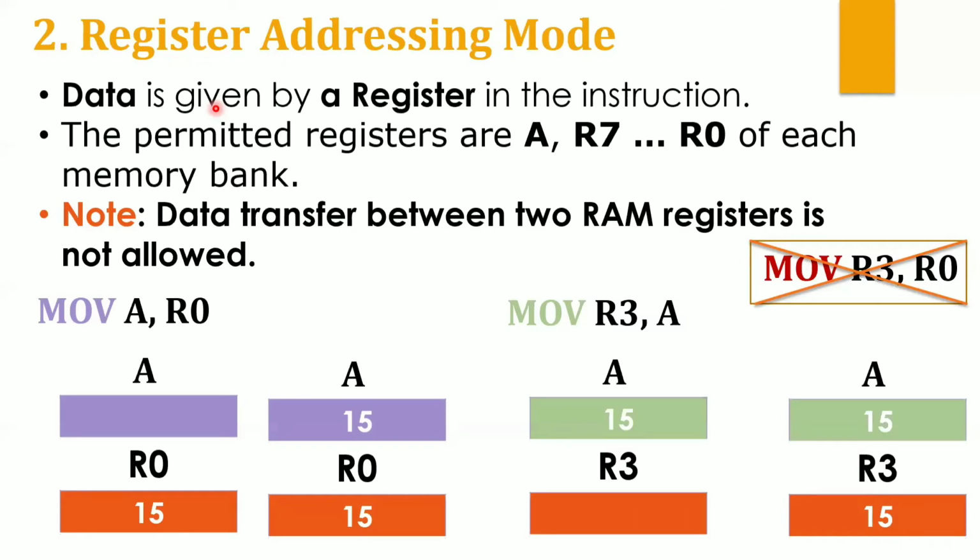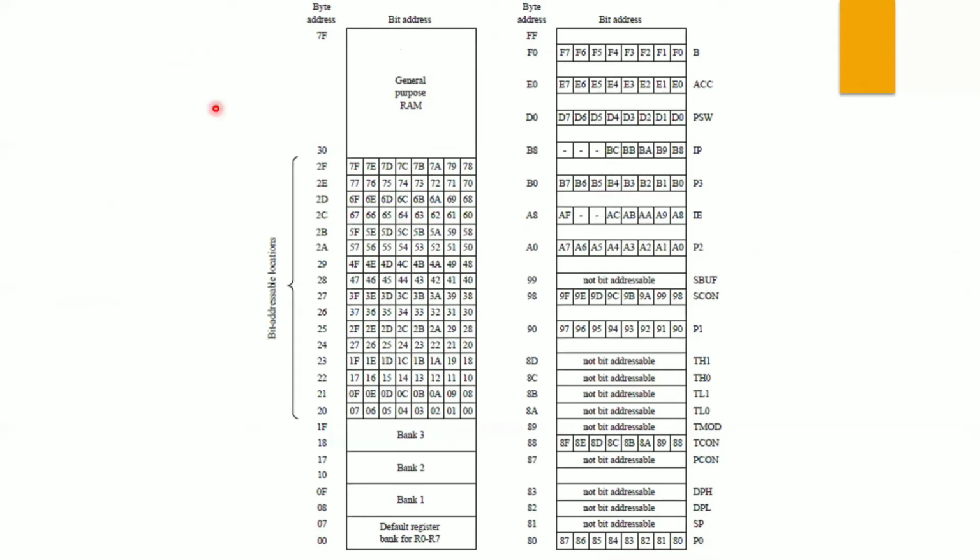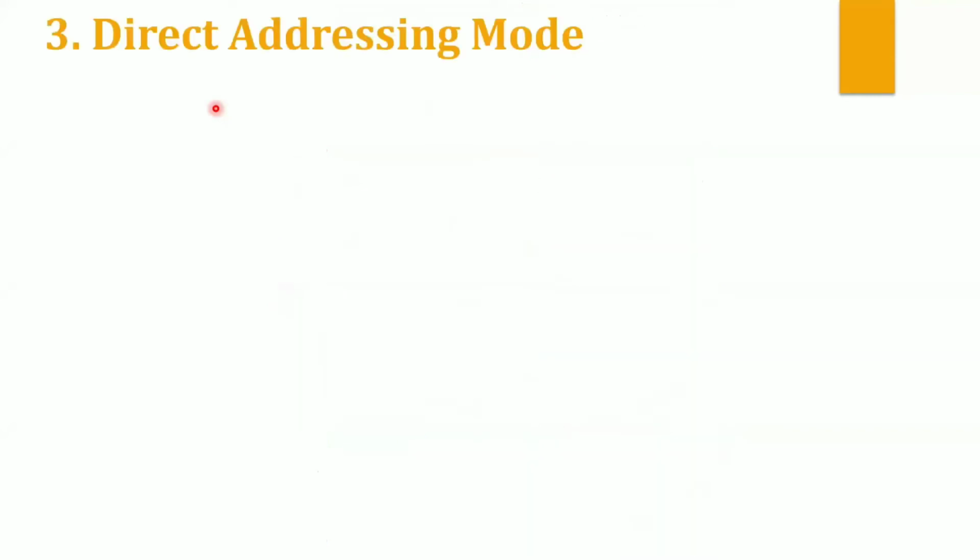Now before going to the next addressing mode, you need to see this picture again. So what is this picture? If you pay attention to the last lectures, on the left side you can see the internal RAM structure. On the right side we can see the special function registers. So the left side is nothing but the internal RAM locations and their addresses. There are register banks, bit addressable locations and a general purpose area. On the right side there are special function registers, which are meant for some special functionality. Okay, all these registers are assigned some values. In order to access the internal RAM structure as well as special function registers, I will use the next addressing mode called direct addressing mode.